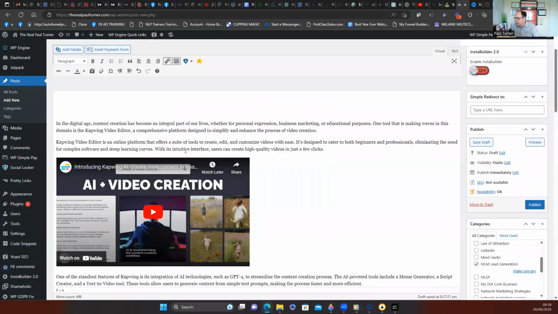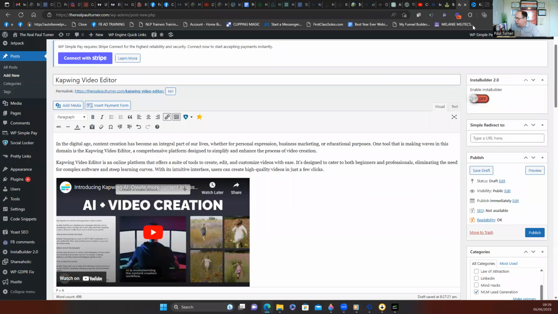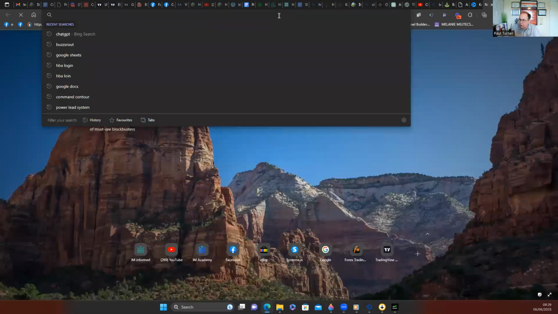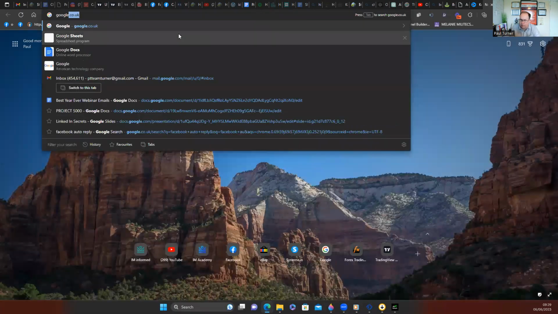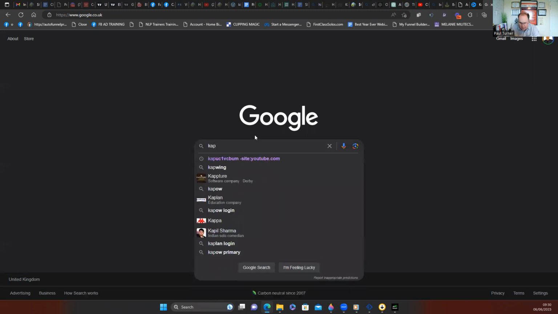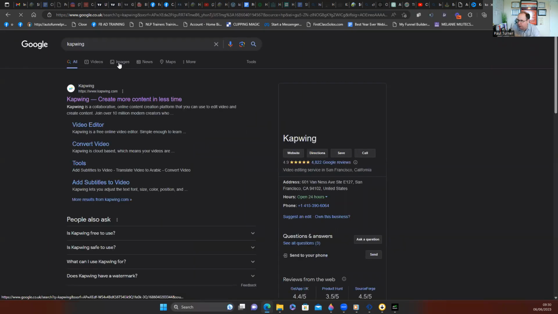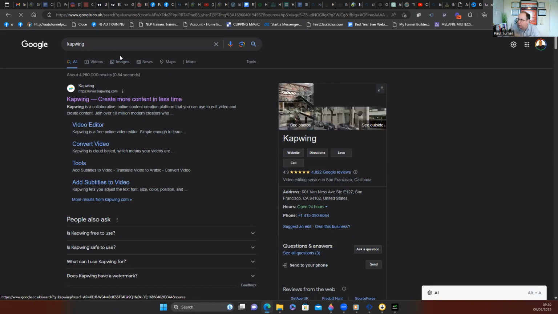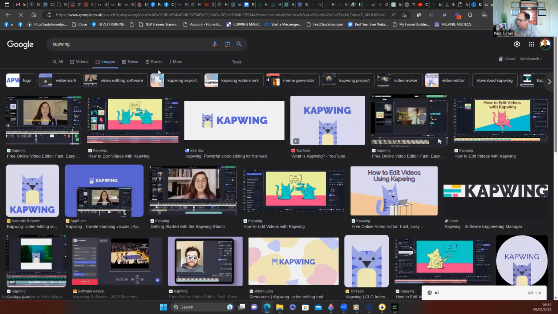Do I want to set a featured image for this? Yeah, let's set a featured image. And I'll give you a tip on that as well. So if you go to Google, I'm sure Catwing won't mind because it's promoting them. Which means I should put a link into Catwing as well. I could just take a picture of the site, but if you go to images in Google, how to edit videos using Catwing.